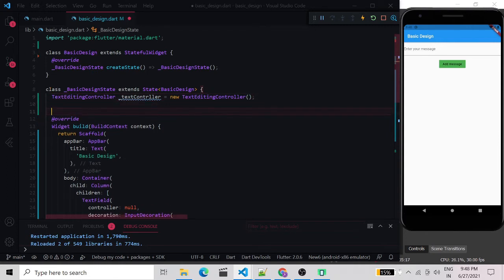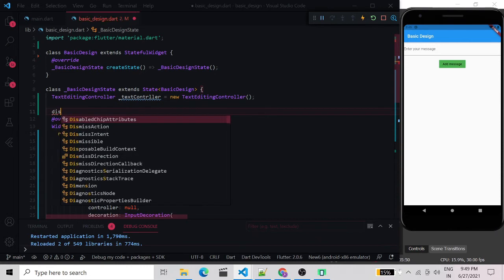And keep one more thing in mind, that wherever you are using any controller or any other resources, make sure that you dispose that controller or any other resources so that the app performance will be better when the memory used by the controller or any other resources is freed. So for disposing those controllers, you can override a method of the stateful widget to dispose that.